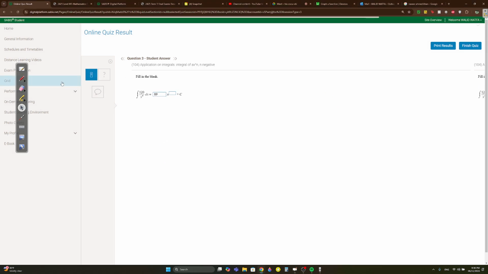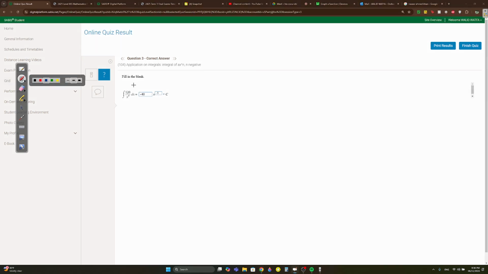Question 3. Integral 120 over x to the power 4. Don't waste time in the exam by copying 120 over x to the power 4. Immediately when you see a power in the denominator, take it up and make it negative. Okay? Now you can integrate this very easily. Drag the 120 down, drag the x down, add 1 to the power, divide by the new power,